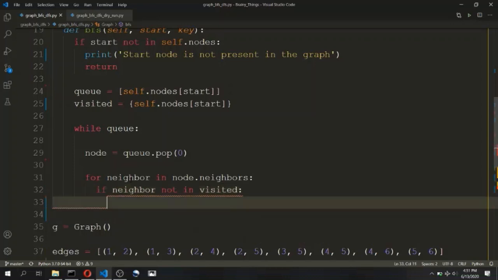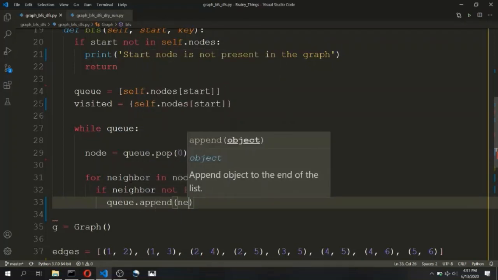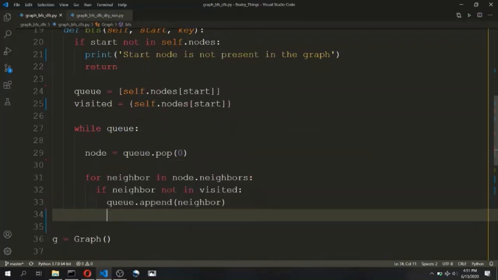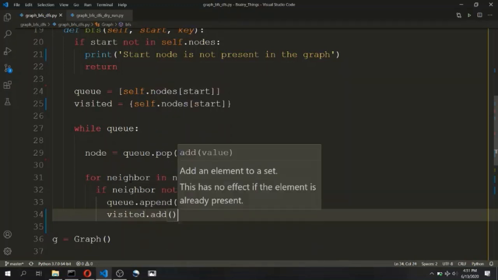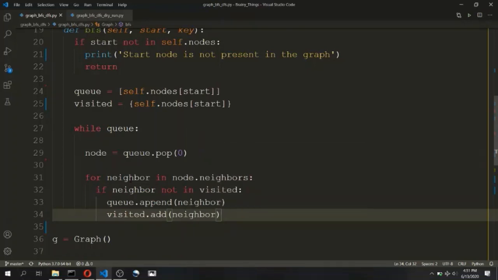If that is the case, then we will append the neighbor node to the queue, and as we are adding this neighbor node to the queue, we will mark this node to be visited, and hence we will add this neighbor node to the visited set as well.